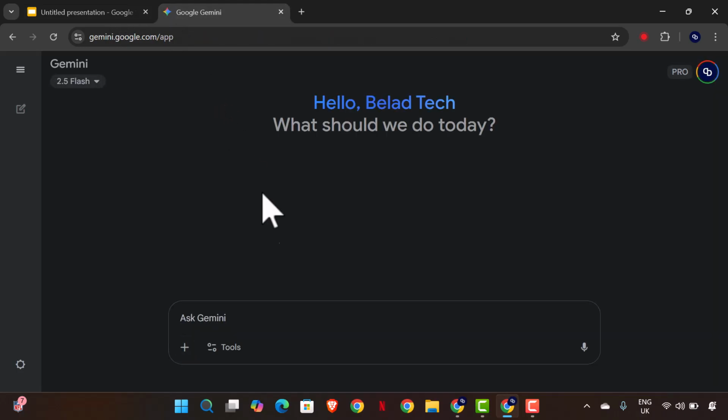So here is Google Gemini, and I want to create a slide. I could have created a gem that could outline slides for me, or what my slides content should be about. So let's say I want to create a pitch deck